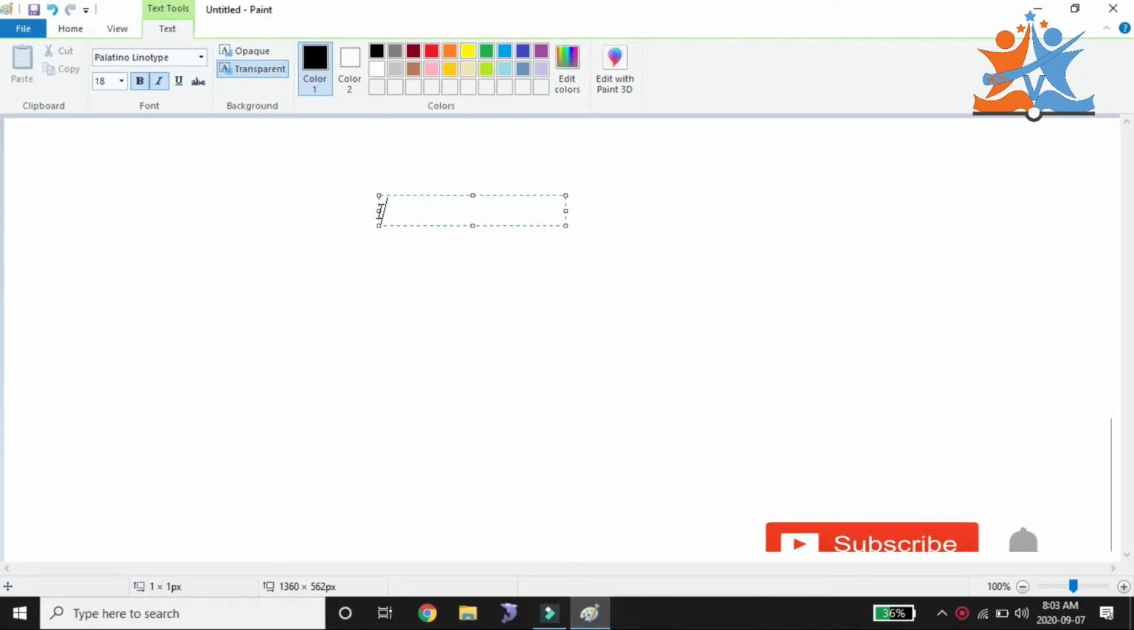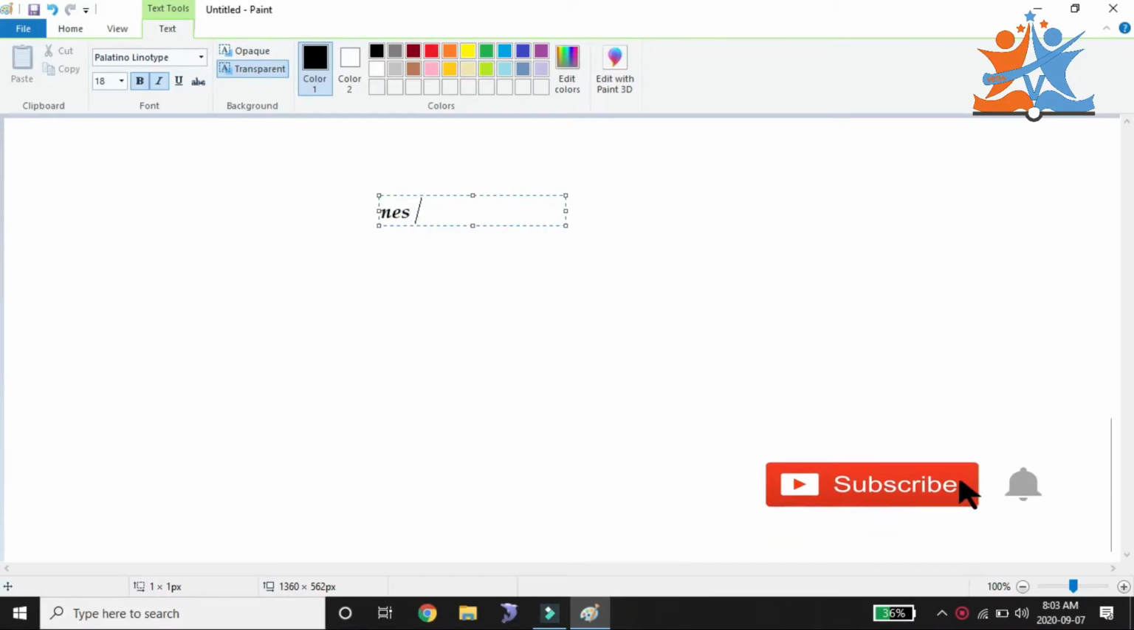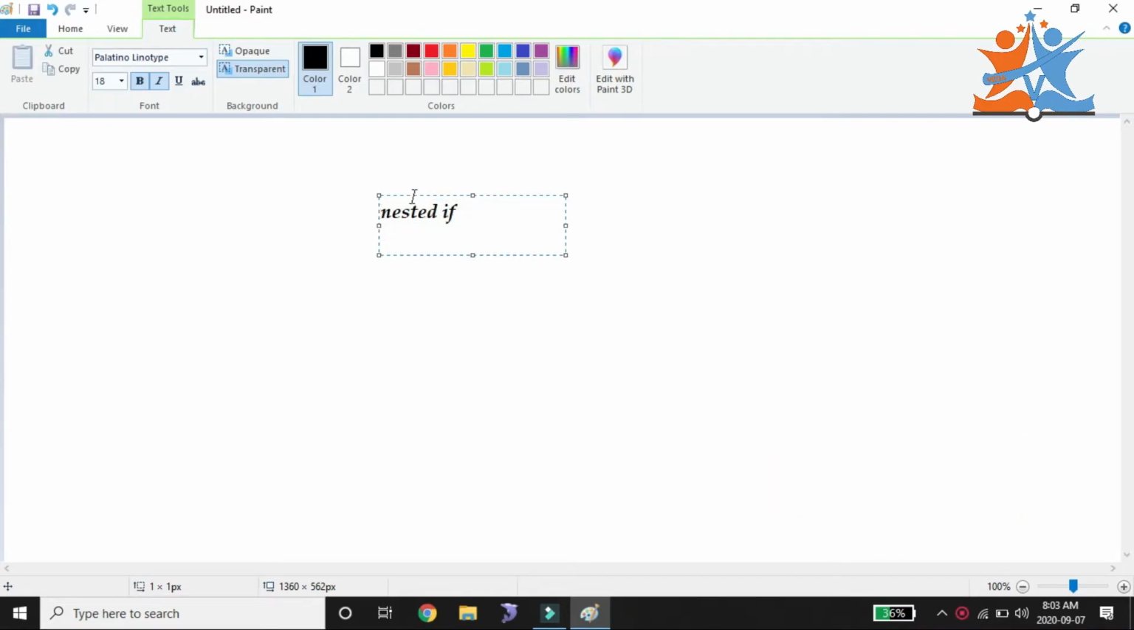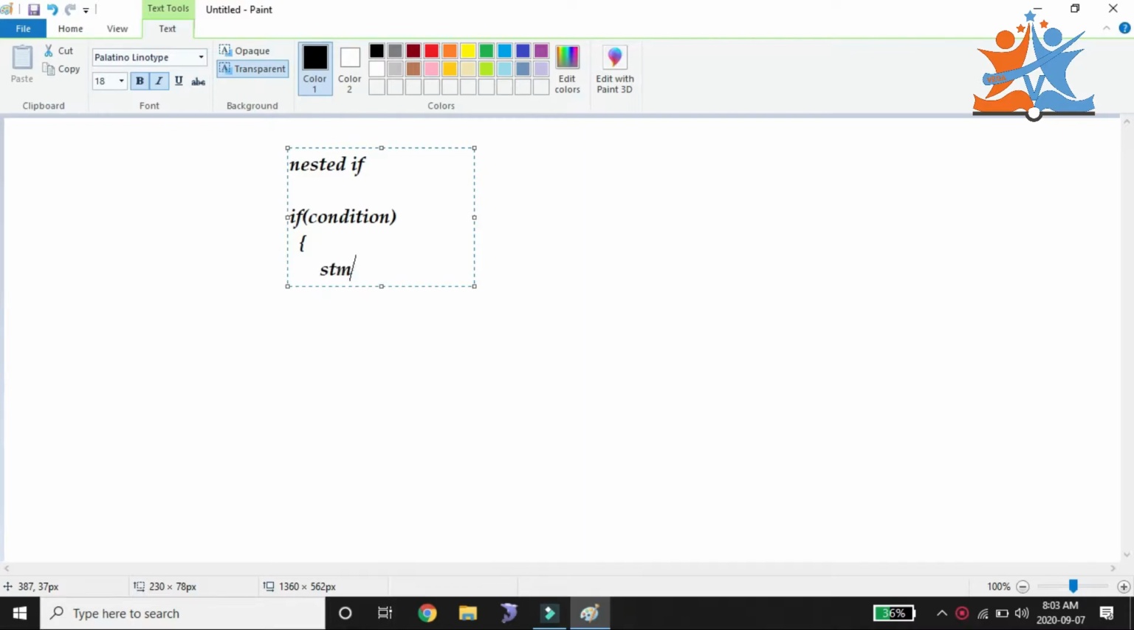Let's discuss nested if condition. The syntax for nested if is: if, condition, then we have an if body, and inside the if we can write statements, or logic,